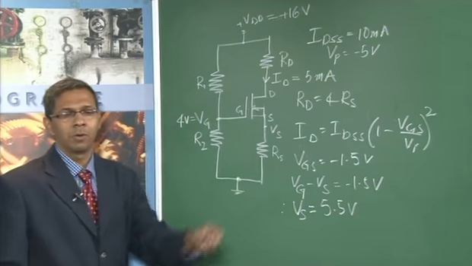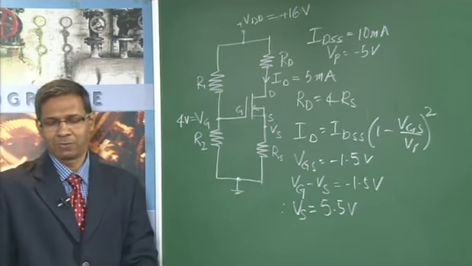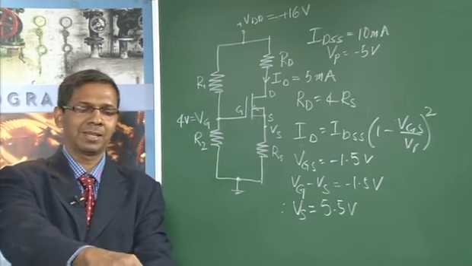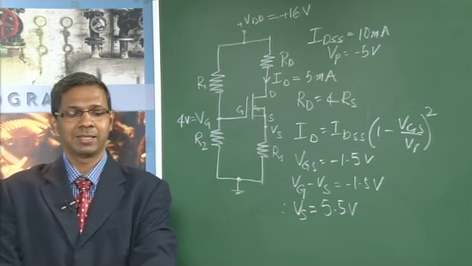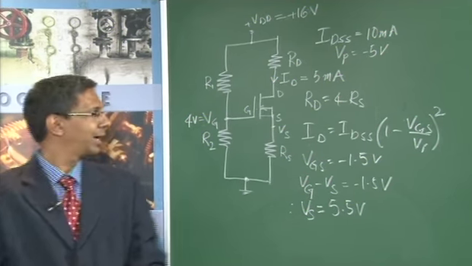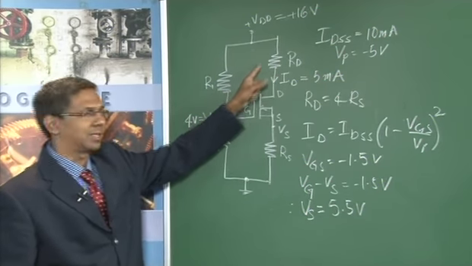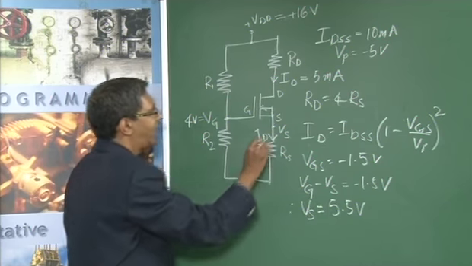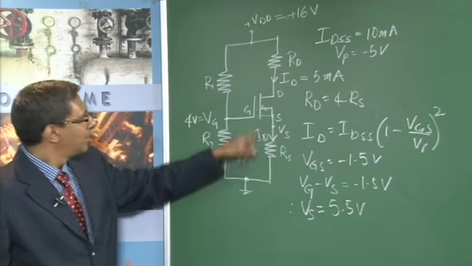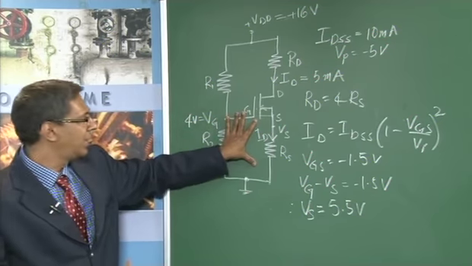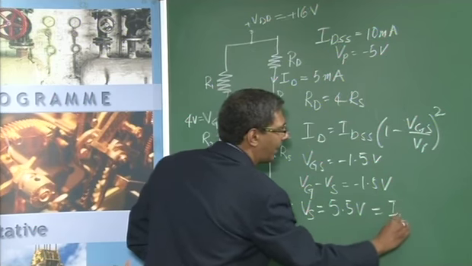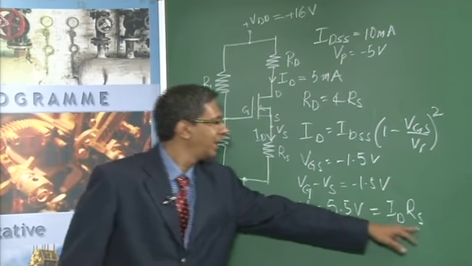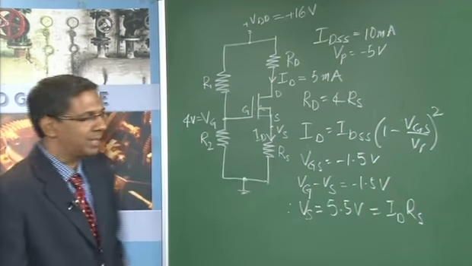Remember, my overall goal is to find out the value of RD, the value of RS, and so on. Now what is VS given by? VS is nothing but the voltage drop across the resistance RS. Now is the current across the source the same as the drain? Yes, because there is no gate current. So whatever is ID here will be the same at the source. So I will continue to have the same current flowing here. So VS I can simply write as ID into RS. Now you already know VS, you already know ID, find RS. So RS will come out to be